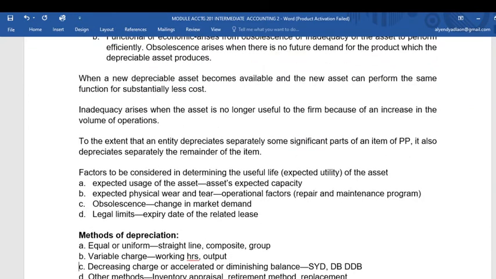Okay, now, of course, we also have here the factors to be considered in determining the useful life of the asset, because at the very beginning of the period when the asset was acquired, we are to estimate its useful life, as to how long it will take before that asset can no longer be useful. Okay, so here we have the expected usage or the expected capacity. So let's say, for example,